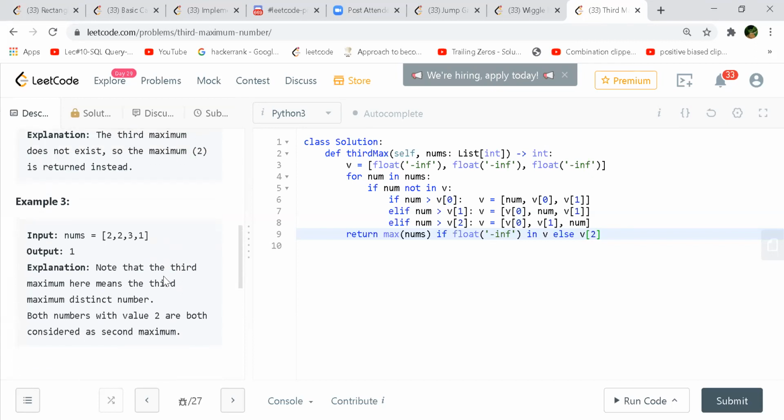One of the brute force would be just put all the values in a set. And then if the size of the set is less than 3, this means that the third max is not present. So we can just return the maximum value. Otherwise, if the size is greater than or equal to 3, we just need to find the third element in the set. Either you put in a set which is an ordered one, or you do a sorting also. Both will be the same, right?